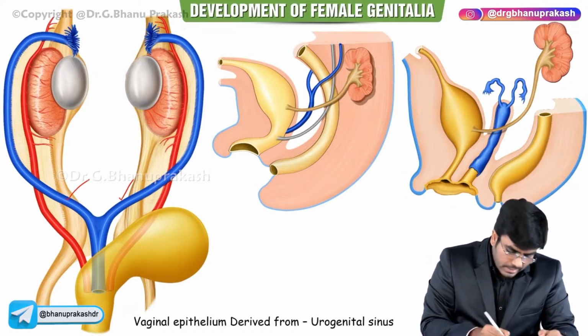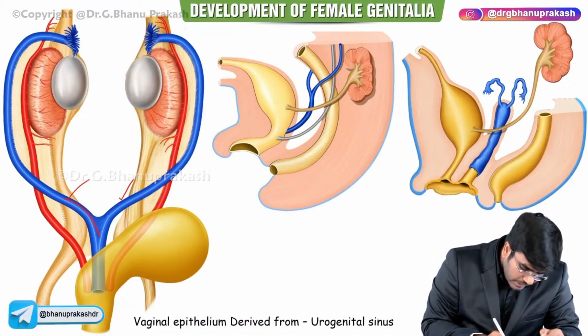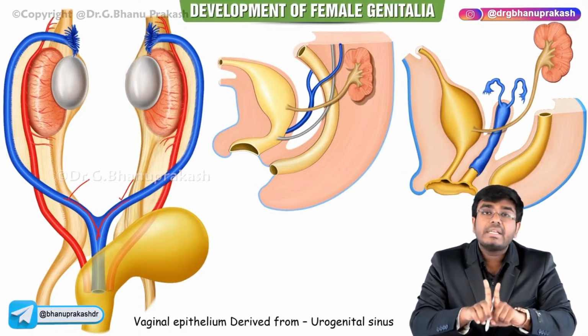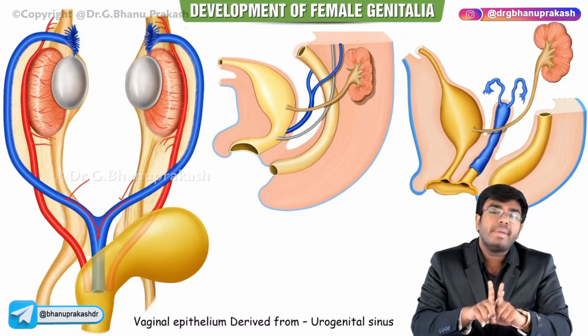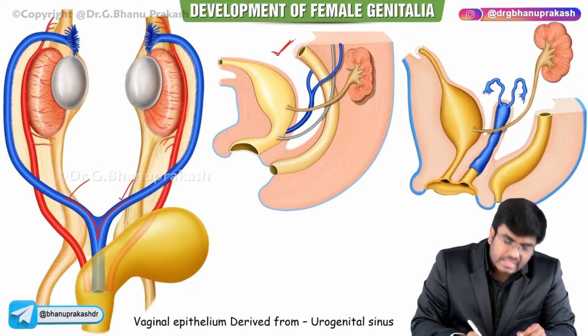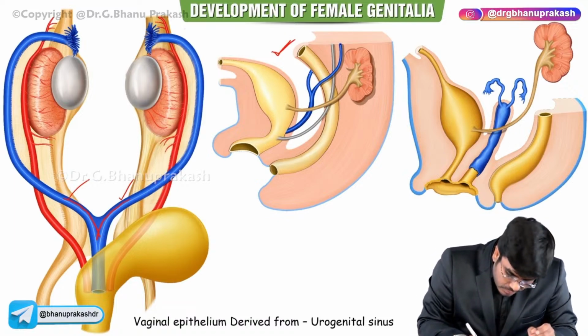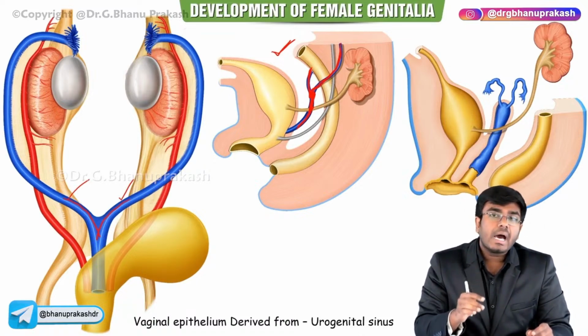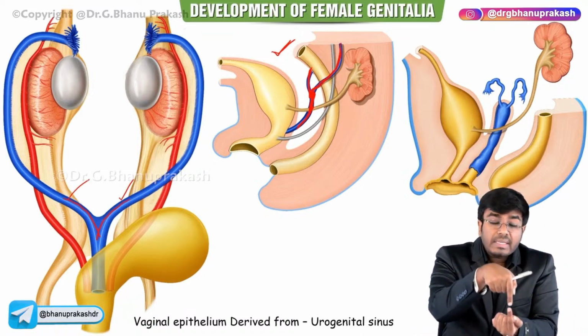Please concentrate here that these ducts are fusing caudally. First the lower parts are fusing. So lateral fusion is happening from the base, caudal. Now even in this image you can see both the Mullerian ducts. This is one Mullerian duct and this is the other Mullerian duct. They are fusing caudally, and not only that, please concentrate, they are getting fused vertically also